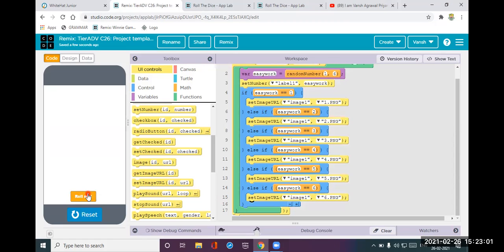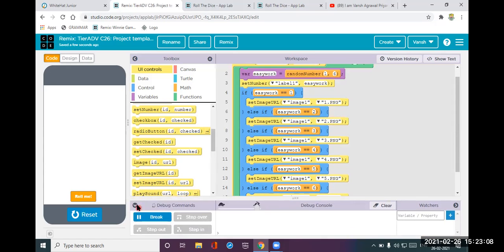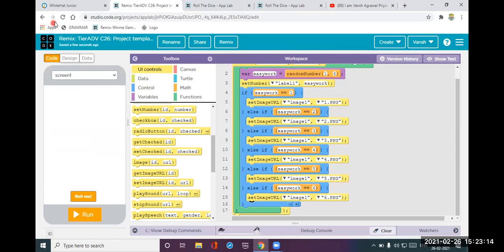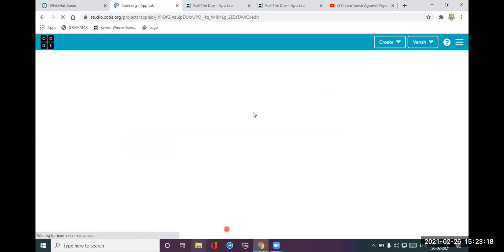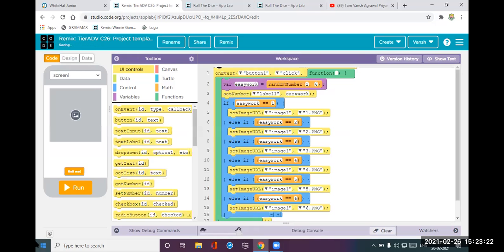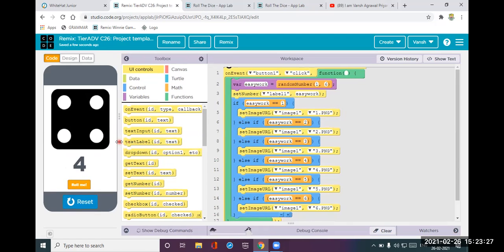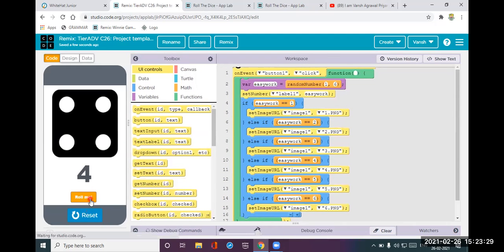So we have done this. So if you can see now, why is it not working? Debug commands, it is working, so it should work. No, it is not working. Let me refresh my page, because I think it should work. Okay, I don't know why it is not working, but it should work. I've written the correct code. Yeah, see. It is working now. So I think there was some problem in that only.